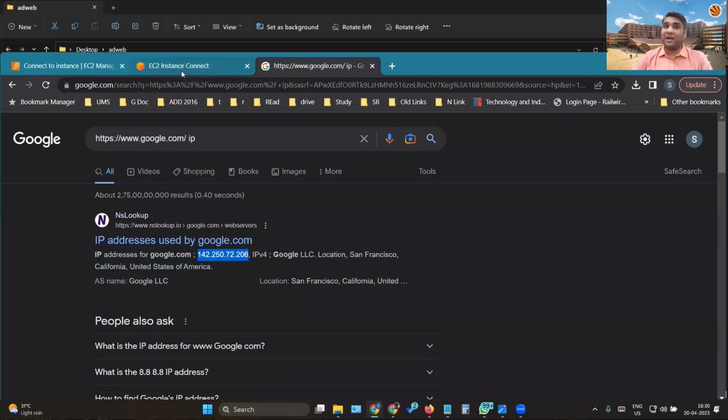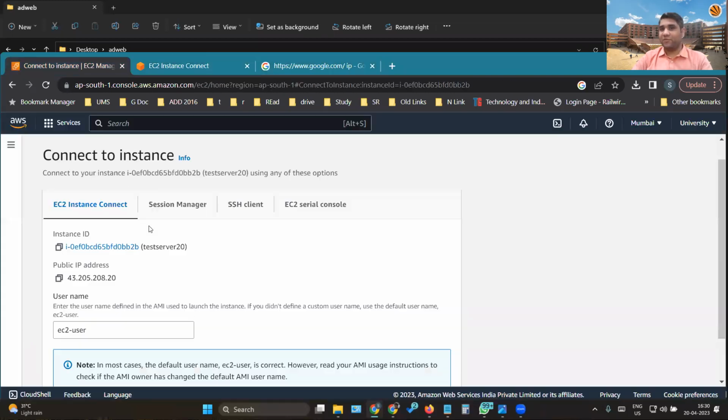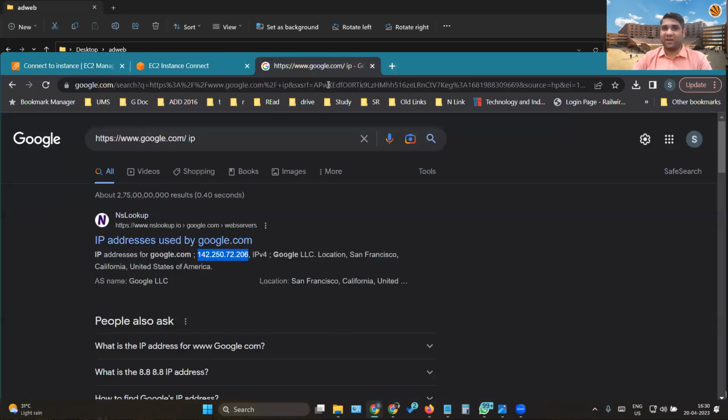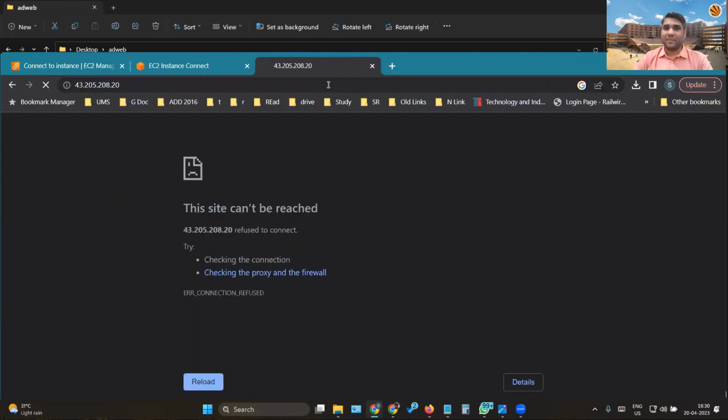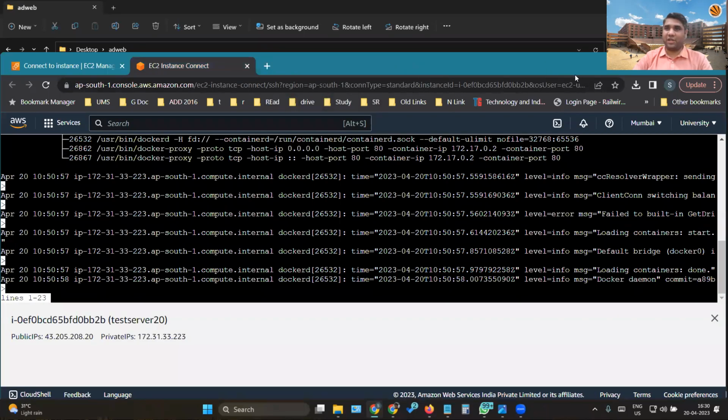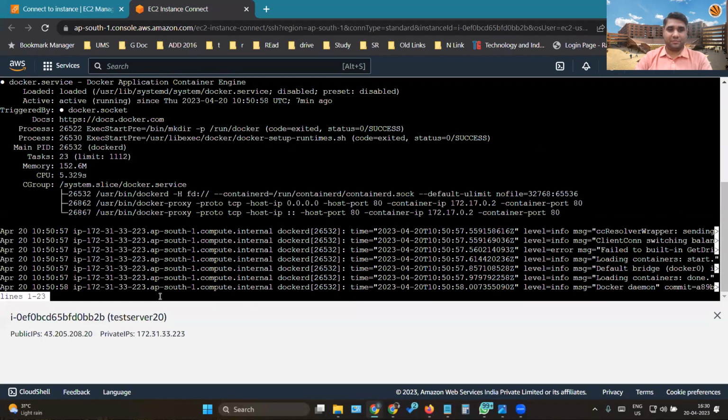Now, let's look at the IP address which I told you in the very start, for the service which we started. You can look at the public IP address for this service of EC2 Instance 2, which was 43.205.208.20. Now let's check whether this gives me some output when I reach this website or not. Okay, the site is not working. I think the last step execution was not there. So we'll have to repeat a few steps on our system.